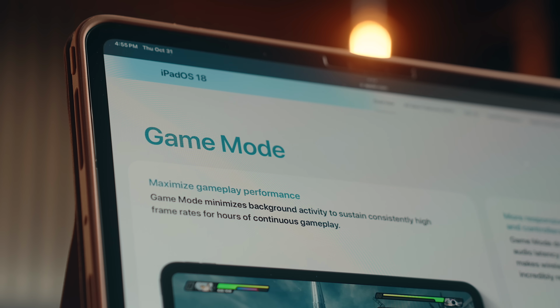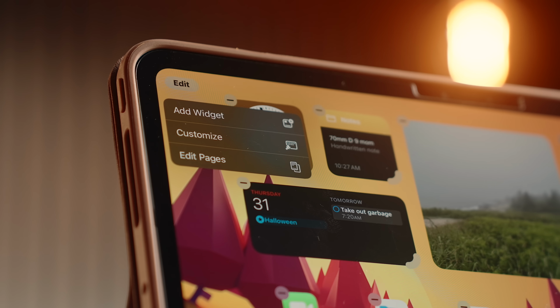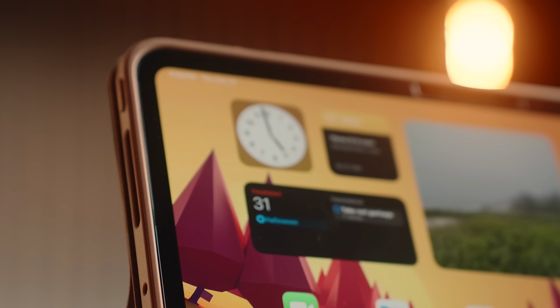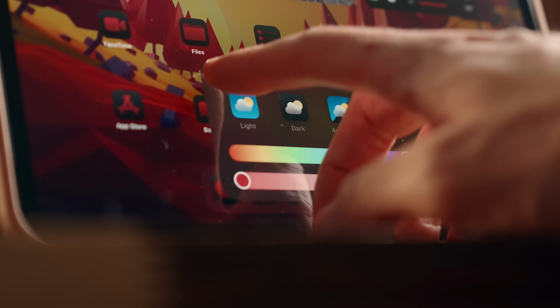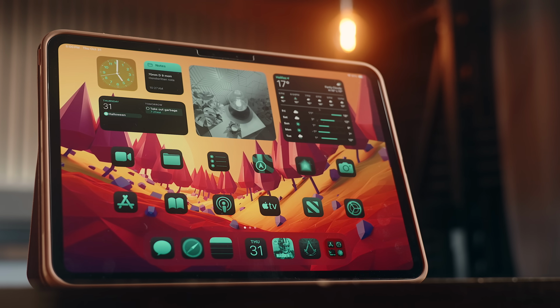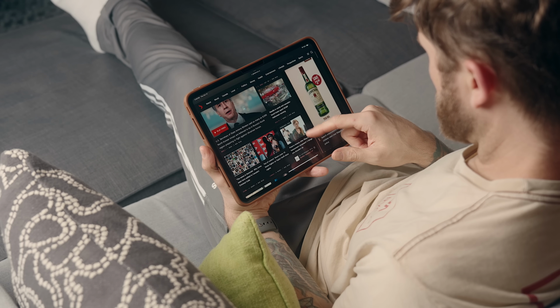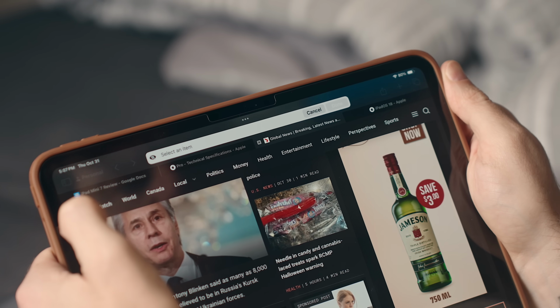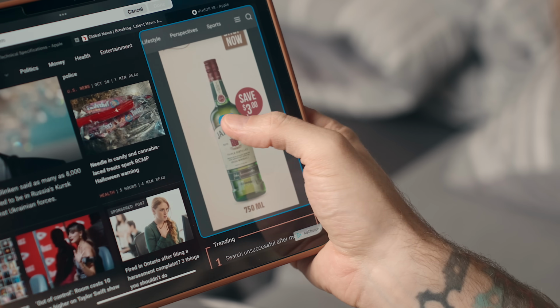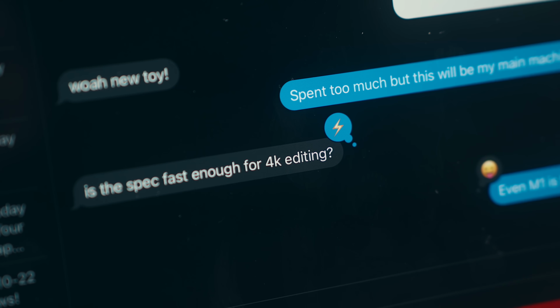And there are a host of new things with iPadOS 18 that have had a pretty big effect on how I use the Pro. First off, I love being able to further customize my home screen icons and layout natively because I think it looks so much better than the standard view. But for me, that's really the tip of the iceberg. When I'm browsing in Safari, I use the new Hide Items feature all the time to hide ads and UI on certain web pages. I use the new emoji tapbacks and text styles in the Messages app quite often,